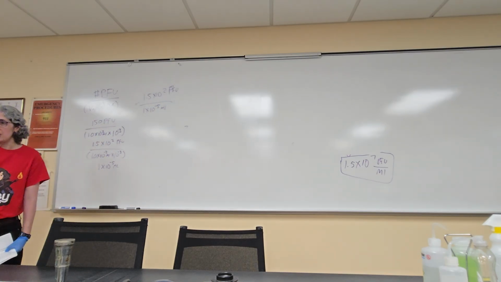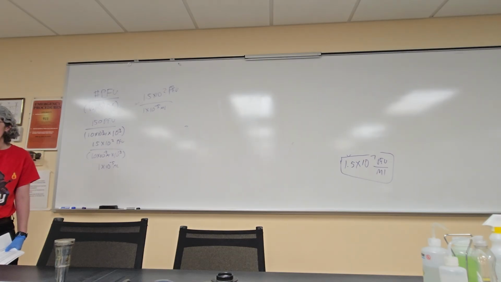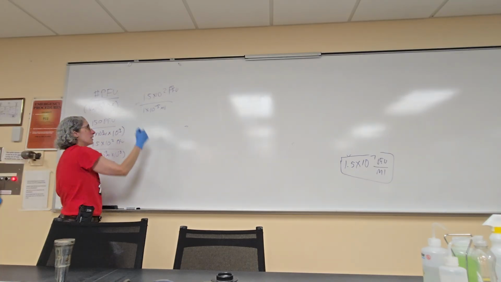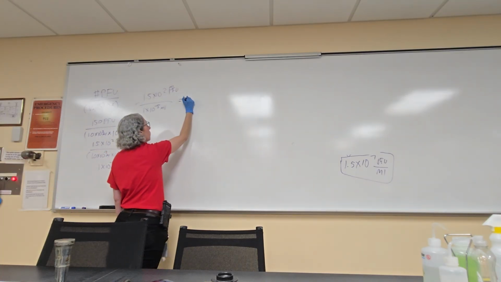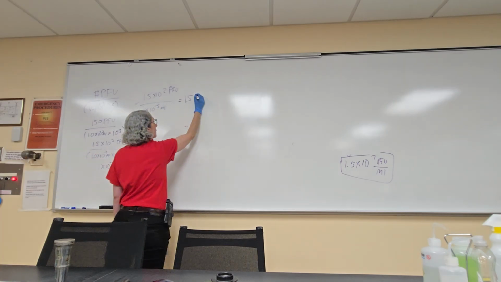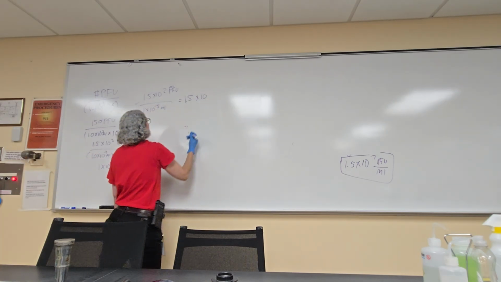Now when you do division of the exponents, you have to subtract instead of adding, okay? So here 1.5 divided by 1 is still 1.5, and then we've got times 10, and we're going to subtract